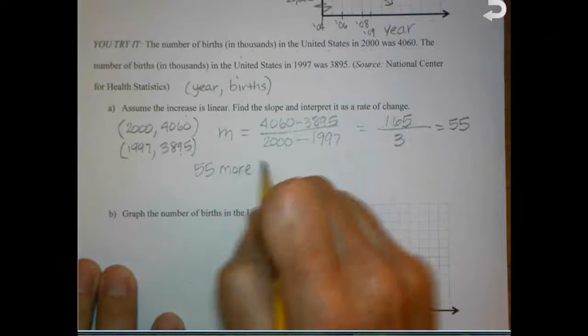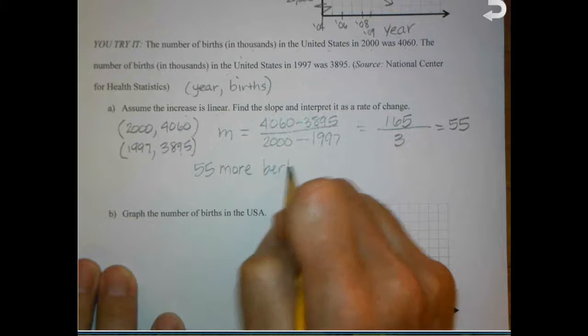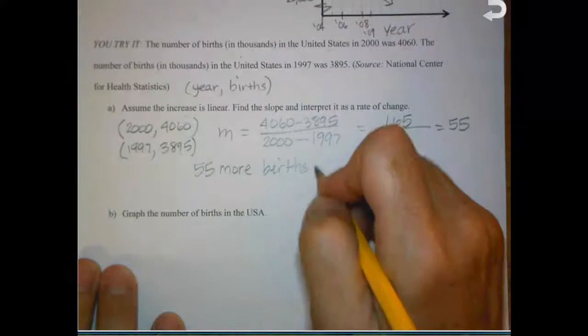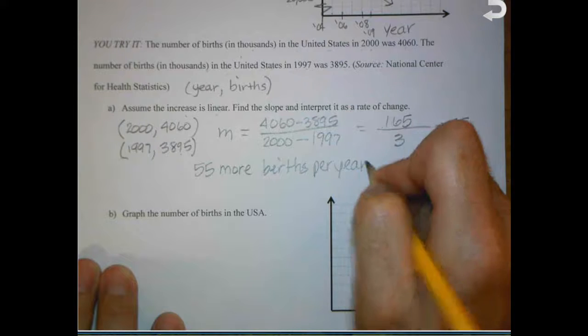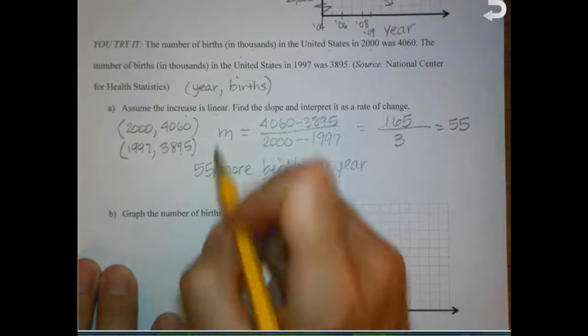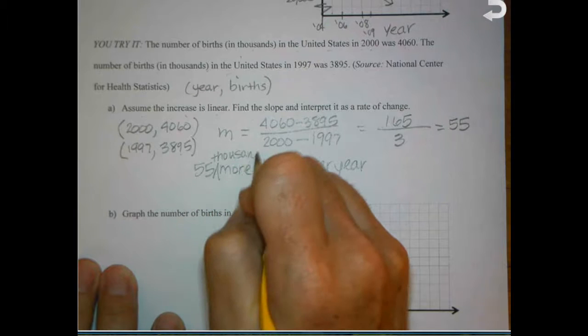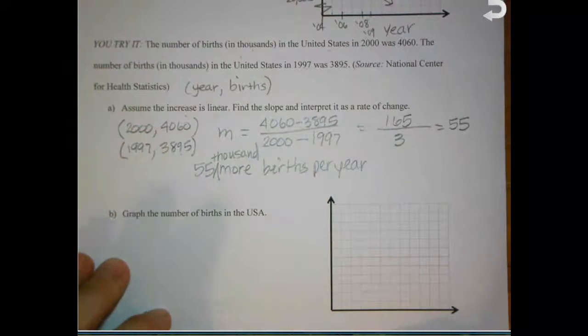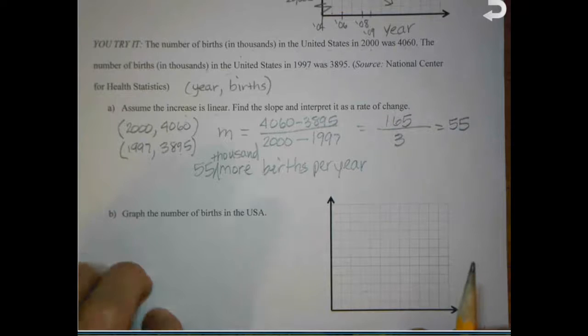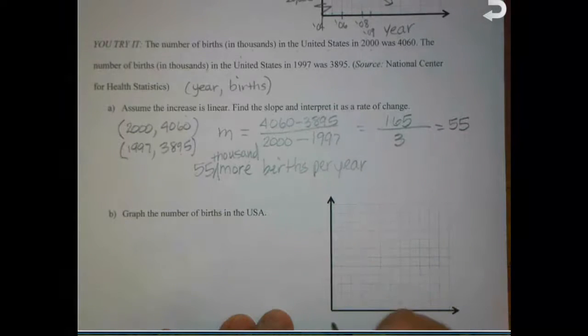more births per year. And I forgot one thing, and that's it's in thousands, so it'll be 55,000 more births per year. So when I want to graph that, again, put your first year right there on the